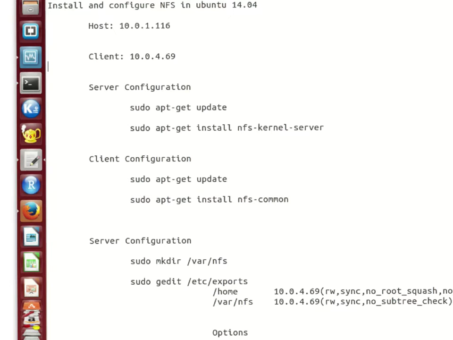Hello guys, in this video lecture we will see how to install and configure NFS. NFS is Network File System, used in Linux and Unix to share files and folders. In this configuration we will be using